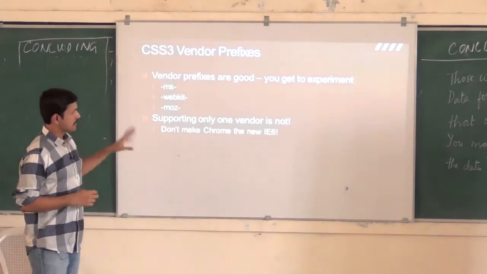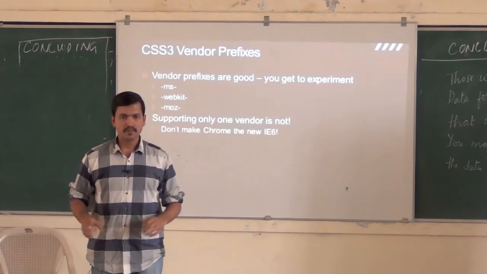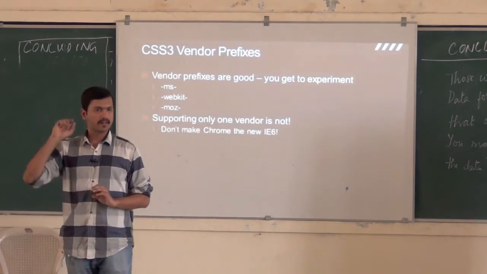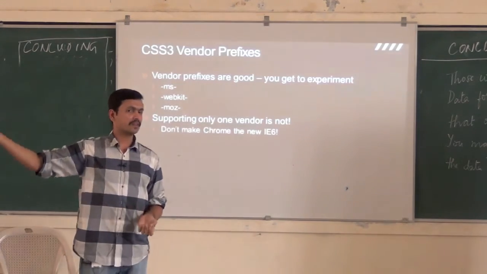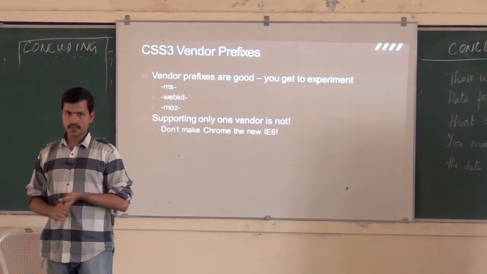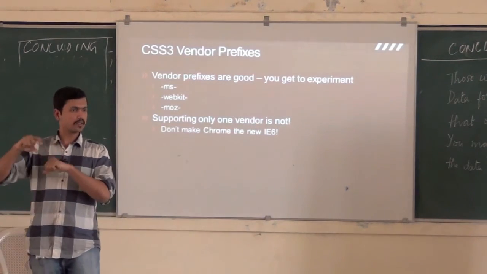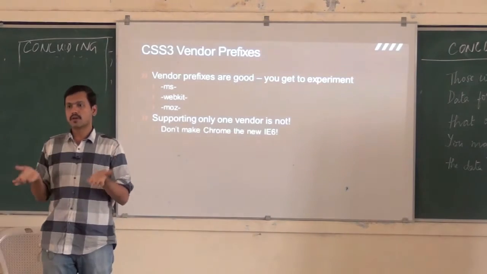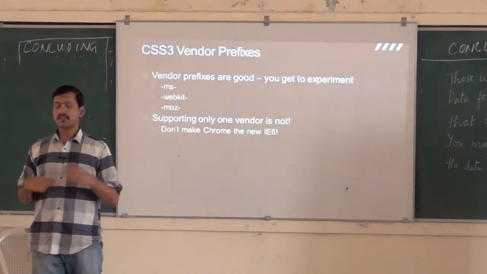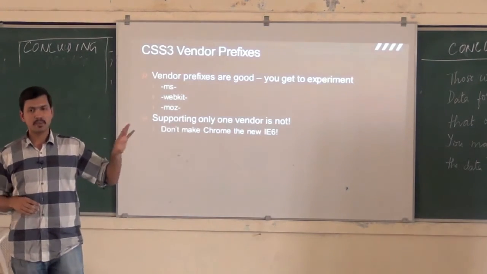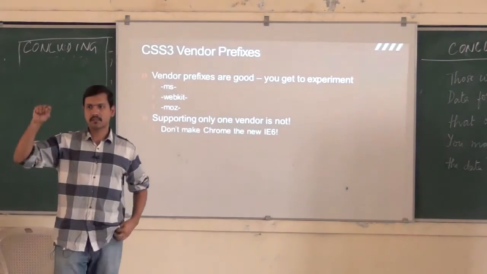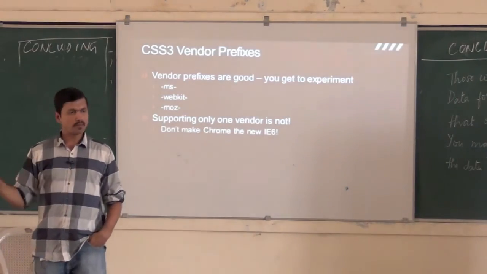Now the problem that I see in the industry is that folks are supporting only WebKit, right? Everybody wants to put WebKit, and it works perfectly fine in Chrome and Safari. But Firefox, IE, Opera, even if they support that particular spec, still will not see it, because the developer has used only -webkit- in their CSS. In fact, there are plenty of sites where people put -webkit-border-radius and don't even put the W3C version, border-radius.